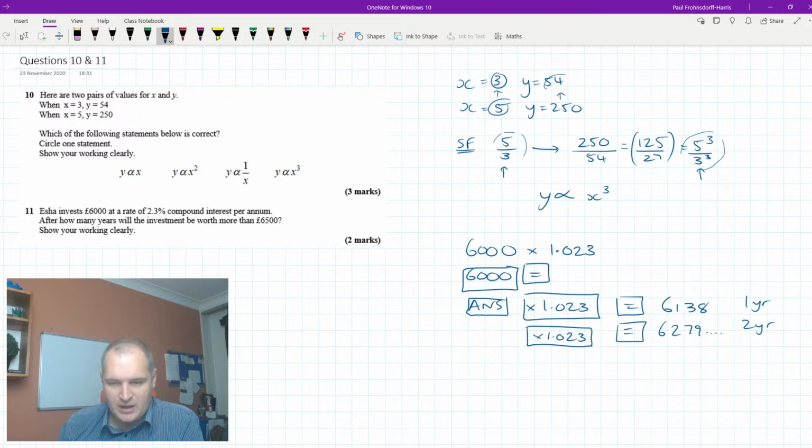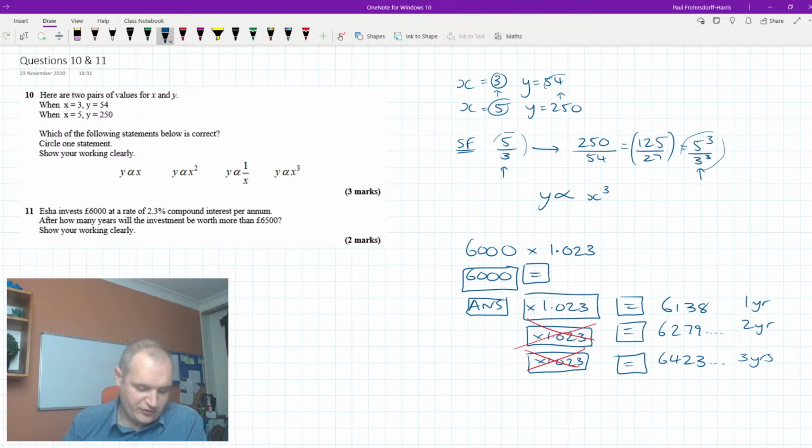Press it again. Again, all I had to do is press equals. I didn't even have to write this bit. That is what the calculator is doing, but I can just press equals each time. If I just keep pressing equals, it does that calculation for me again. 6423.59, but that's 3 years. And if we press it one more time, it's going to be 6,571, and we now can write the exact amount, 34, and you'll notice it's 4 years,